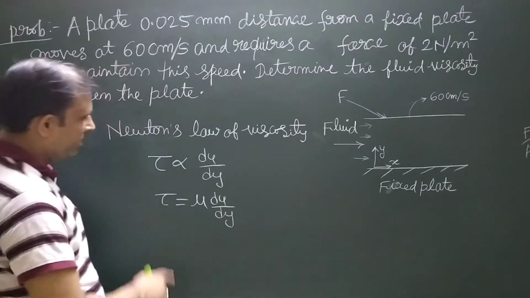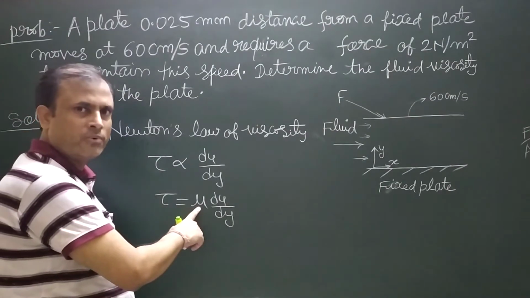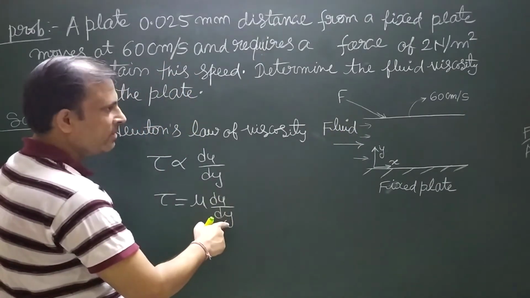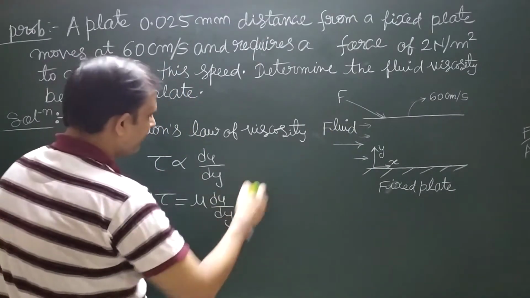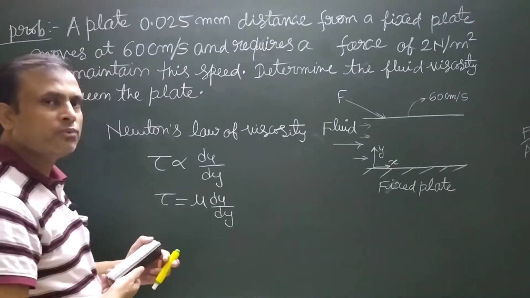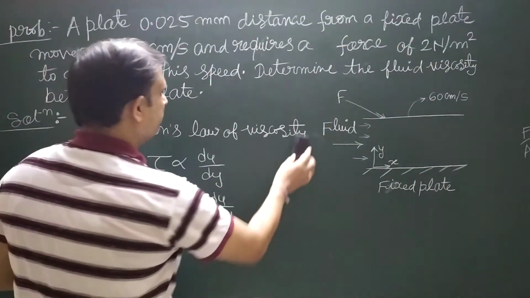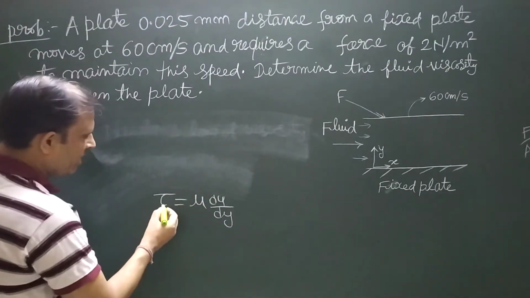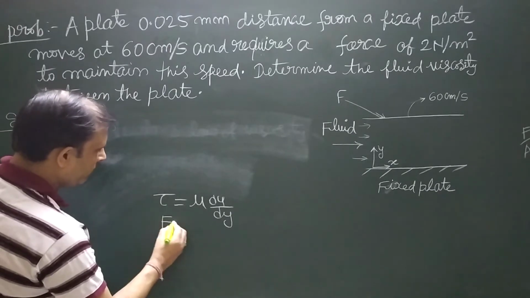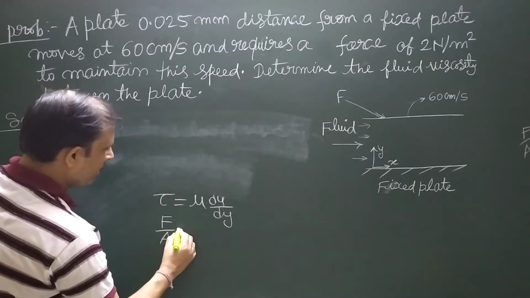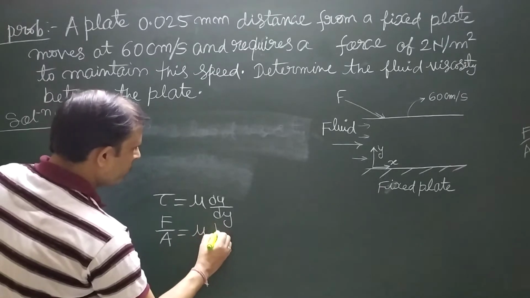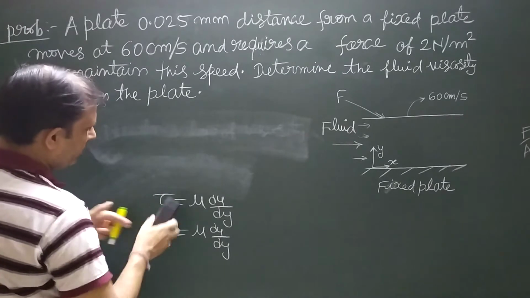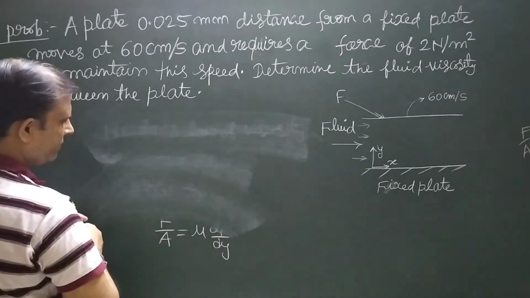Tau is the shear stress, mu is the viscosity of the fluid which is flowing between these two parallel plates, and du by dy is the velocity gradient. Now we are going to calculate the unit of viscosity. What is tau equal to? F by A equals mu du by dy. We can also write this in this manner: